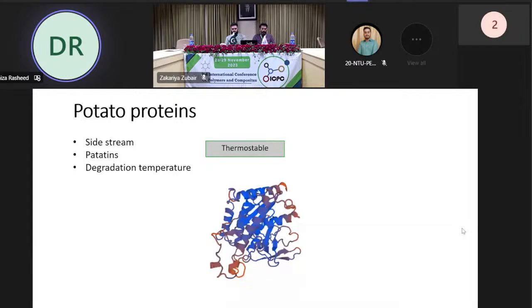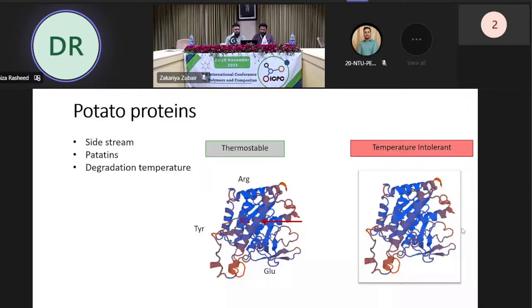So then we thought, what is the composition of the protein? Normally arginine and tyrosine are on the peripheries, and alanine is in the core of the protein. And what are the attributes of temperature-intolerant proteins? They have cysteine and serines in the core. So we decided then to change alanine molecules from the core of the protein, and then add some of the